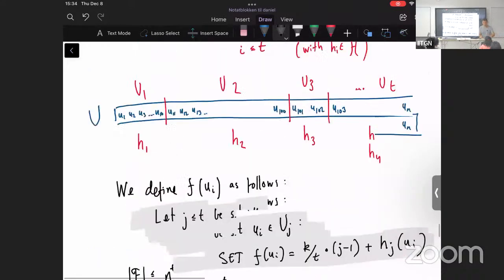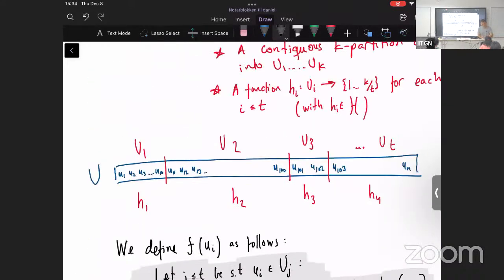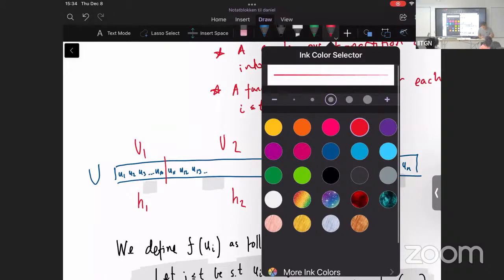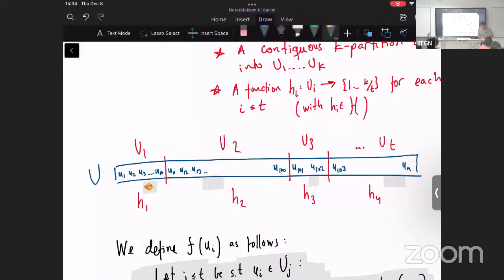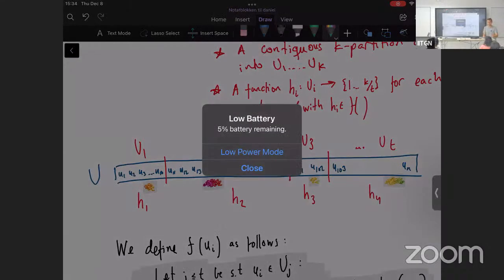Because what's going on here is that S is evenly spread out among the t parts. Now, in each of the t parts, it got rainbow colored. Let's see if I can rainbow color things here. It got rainbow colored, rainbow colored, rainbow colored, rainbow colored. And for each part, we're using different colors of the rainbow, so there are no color clashes between different parts.